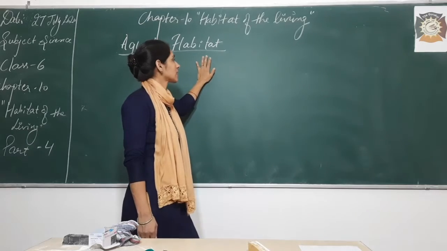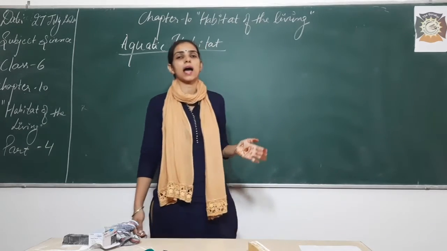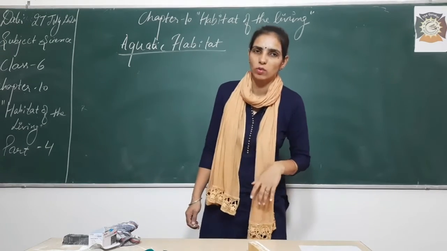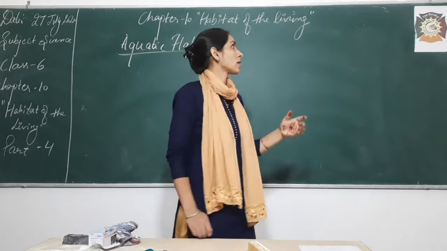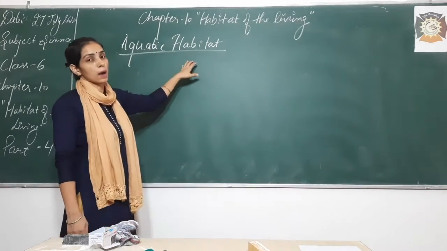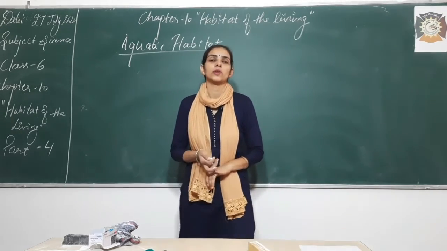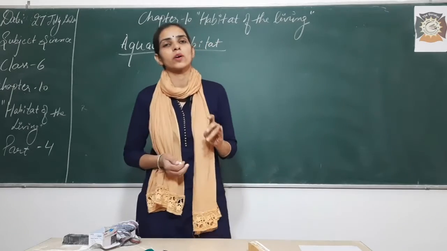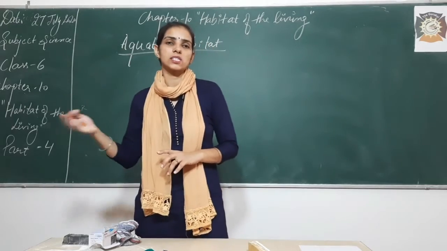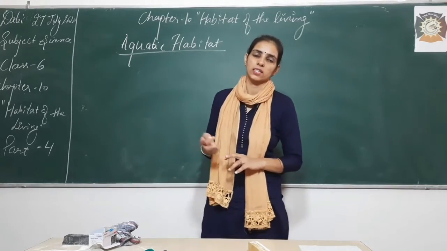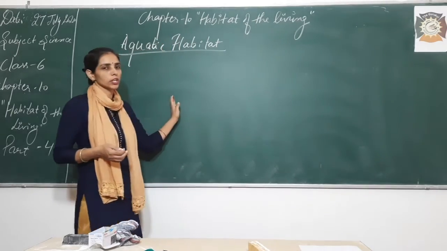Aquatic habitat means the habitat underwater. That means underwater there are some animals and plants which can survive. Now what are those animals and plants, and what are the two categories of the aquatic habitat as well? There is a habitat which is made up of fresh water. For example, ponds, lakes, rivers. They all contain fresh water, water of rain or water of mountain regions, which is coming from the snow, etc. So they are considered fresh water bodies.